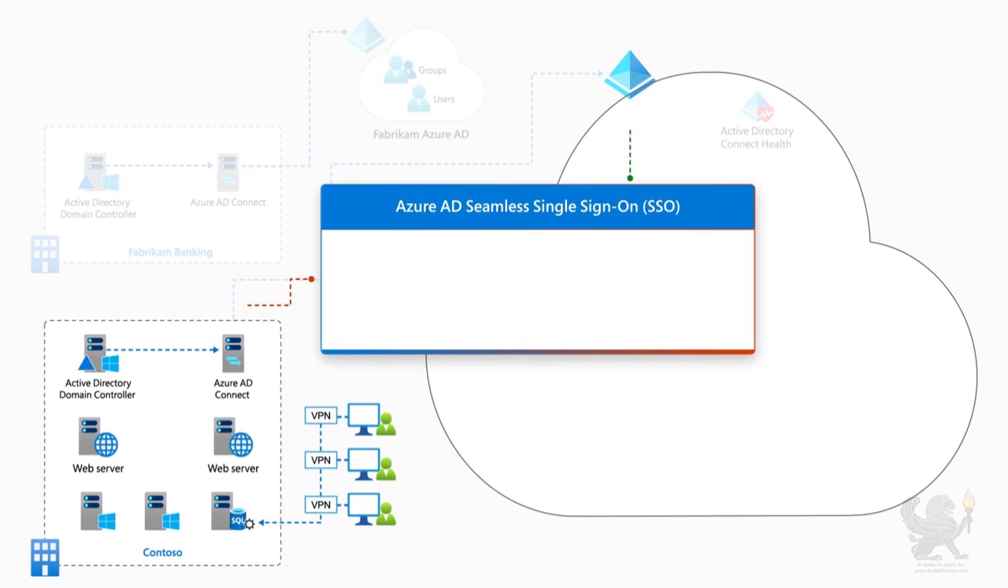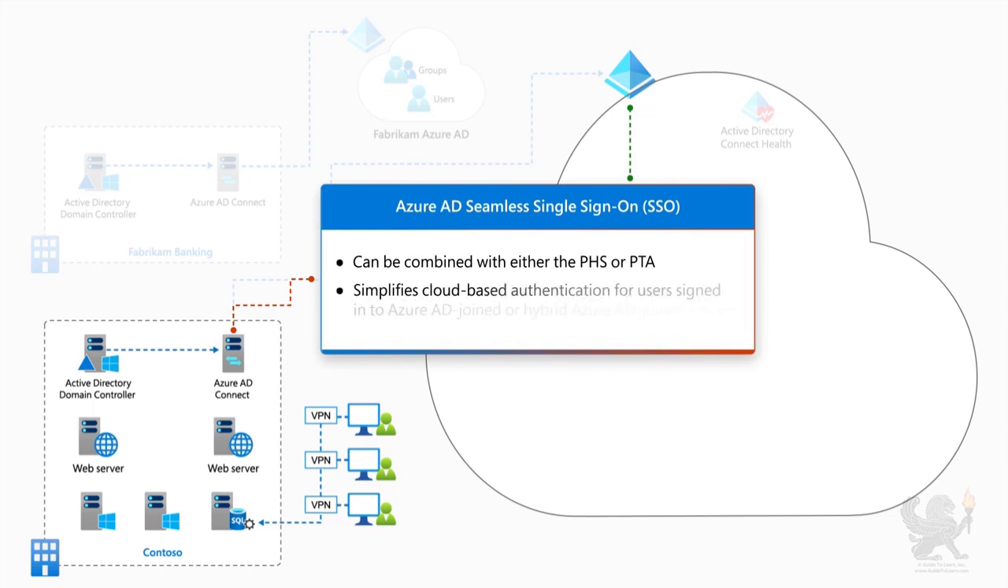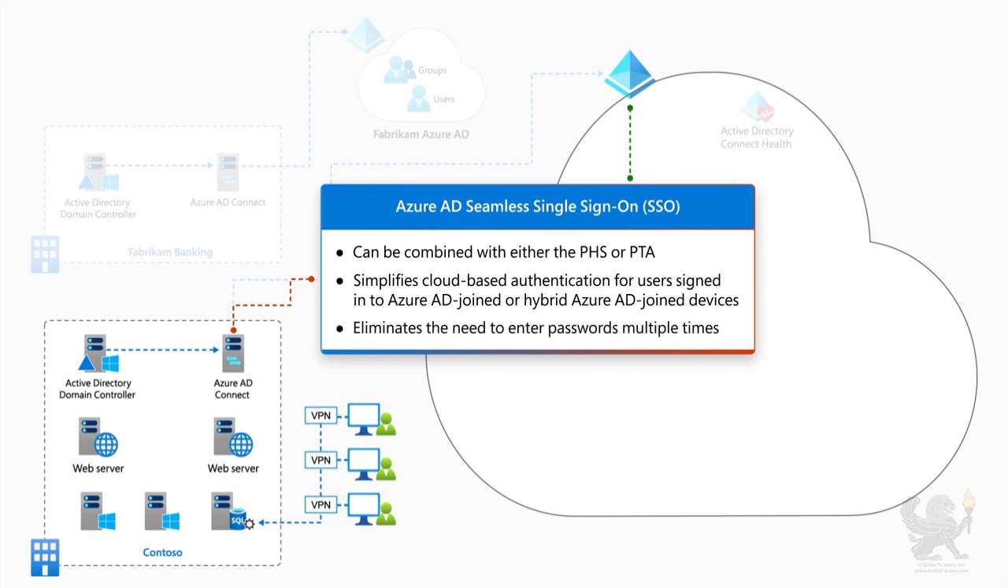Additionally, Azure AD's Seamless Single Sign-On, or SSO, can be combined with either the PHS or PTA sign-in methods. It simplifies cloud-based authentication for users signed in to their Azure AD joined or hybrid Azure AD joined devices connected to their corporate network. When enabled, users do not need to provide their passwords multiple times to access on-premises or